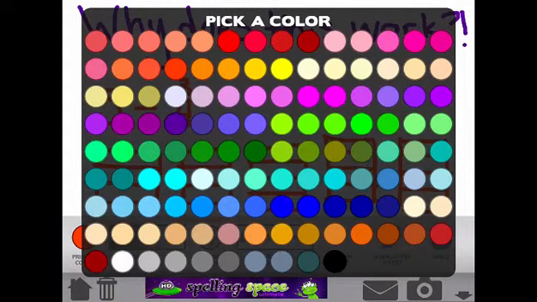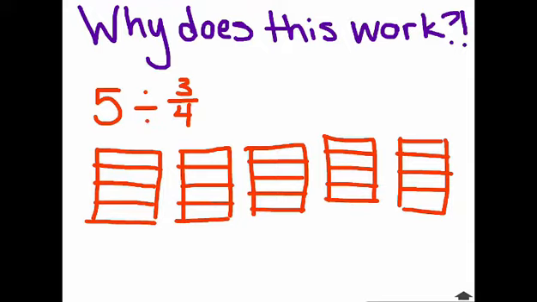I'm going to switch colors to help illustrate what is going to happen here. Now, since I need 3/4 as a serving, I'm going to go ahead and find groups of 3/4. So here's one group of 3/4,